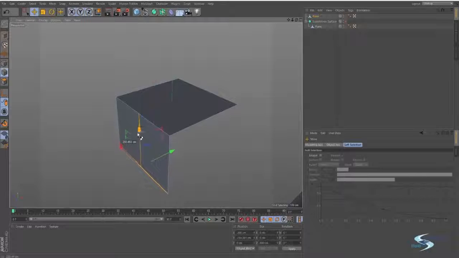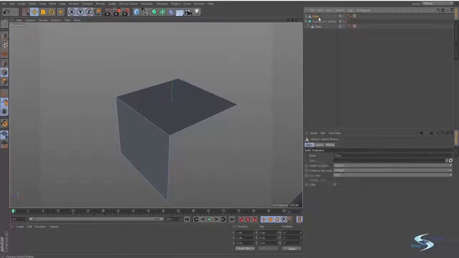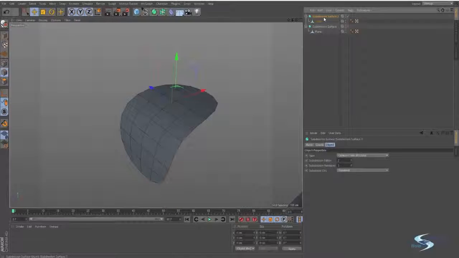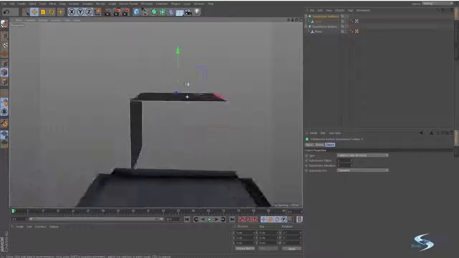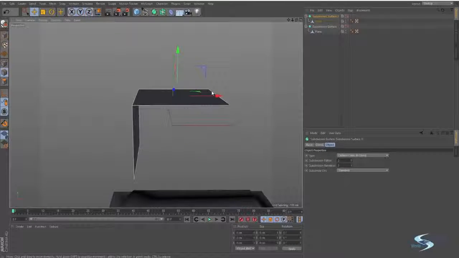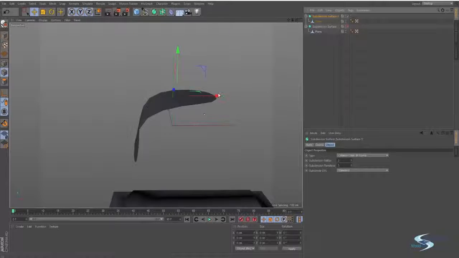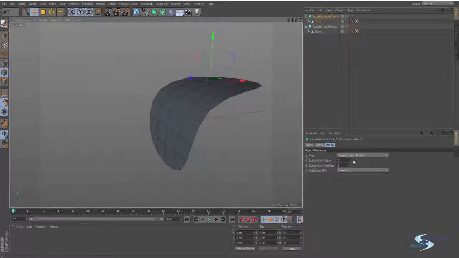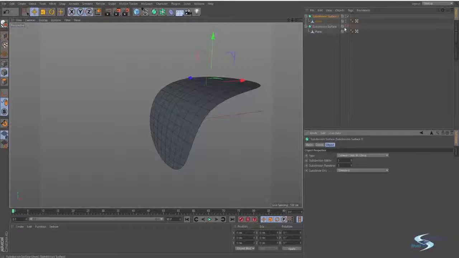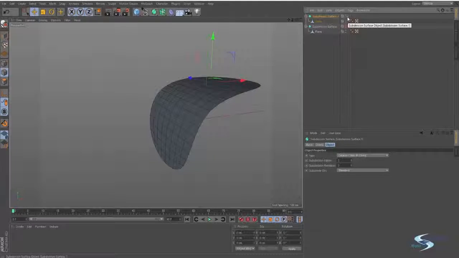So if we create an angle right here and subdivide it like this, then you will see that the subdivision goes from this edge and then it starts bending all the way down here. So it's bending from these 2 points. If I were to instead